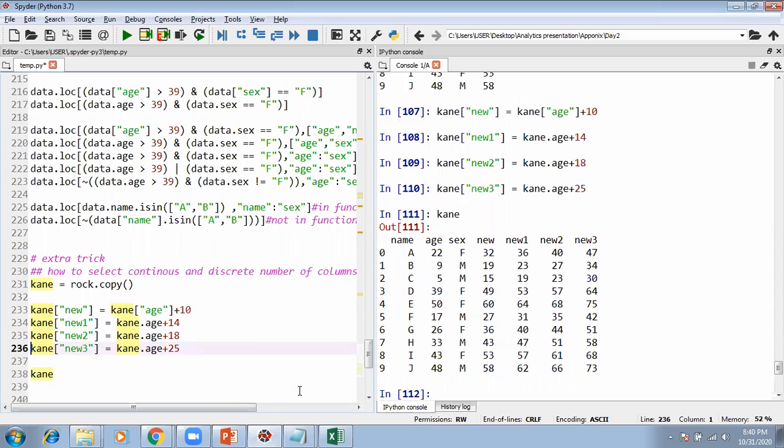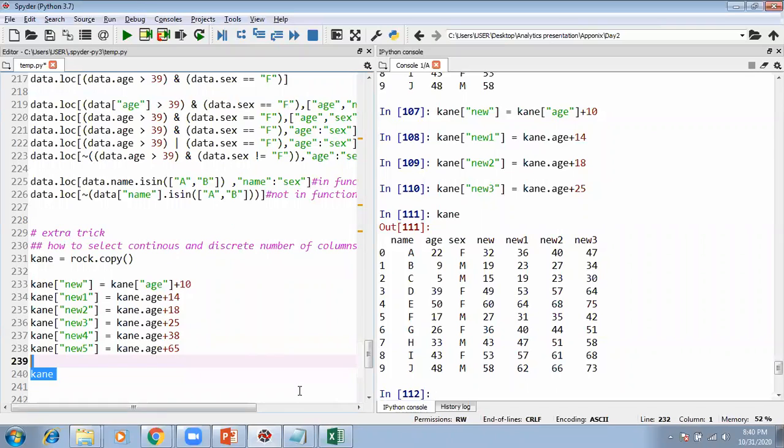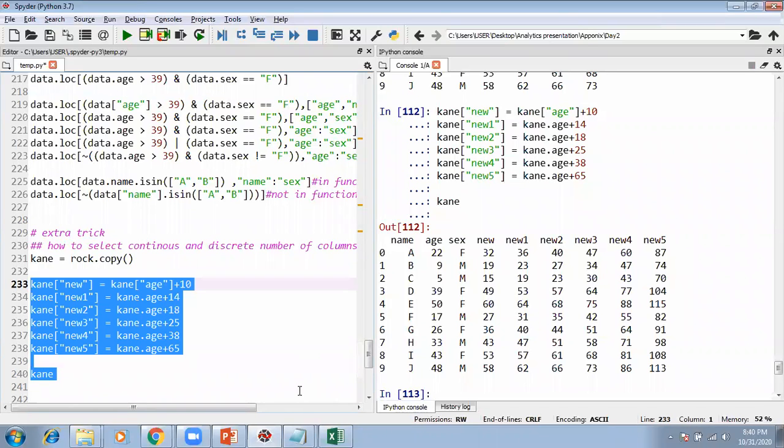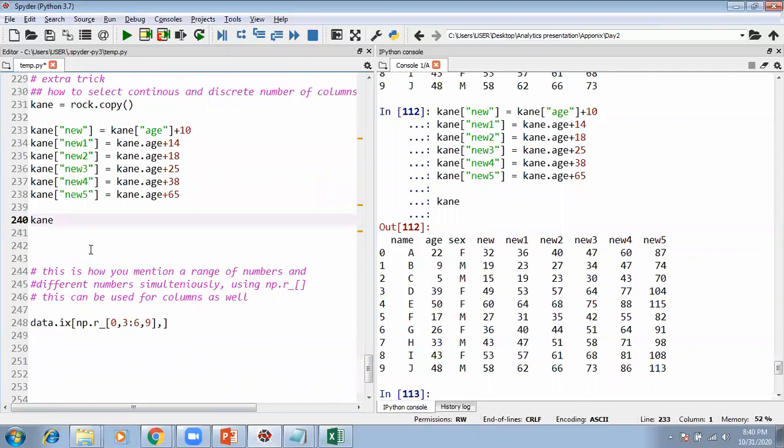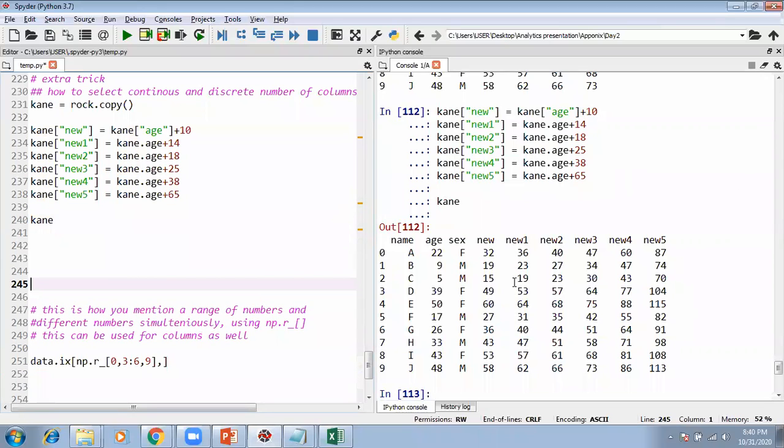Now, why did I create it? It might so happen that out of these many columns, you are required to select maybe name, age, sex, new one.